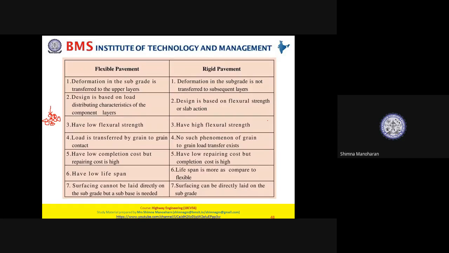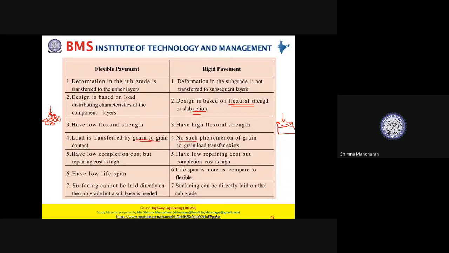Whereas in rigid pavement, it is by slab action. Okay, no such phenomenon of grain to grain load transfer. So you have the rigid pavement here, then you have the subgrade. The load is applied, and it is directly transferred by slab action. So you know it has a flexural strength. The slab will be acting like a beam. It will be bending. So you know warping stress, I think you might be studying that in RCC, but we will see in detail in module 2 how the load transfer action will be by slab action or based on flexural strength. So here it is grain to grain contact.